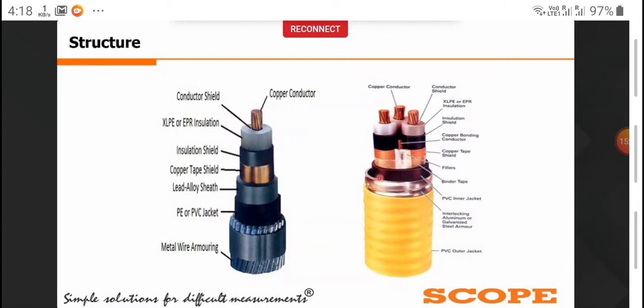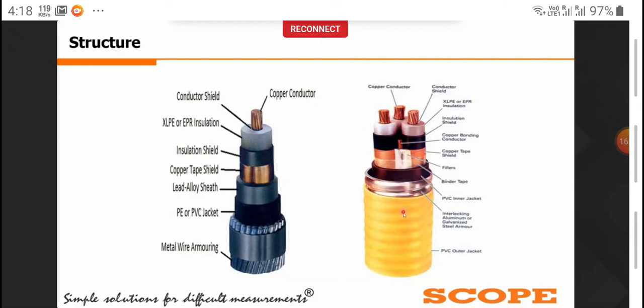And after that, cable armor is mainly used to provide mechanical protection to the cable. Mainly steel wire or aluminum wire are used for cable armoring, in which a tinning or galvanizing process is done to provide rust protection to the cable. Also, steel is magnetic in nature, so whenever electrical current passes through the cable, eddy currents are developed in the steel material, and the cable undergoes overheating. So that's why aluminum armoring is widely used in the industry.